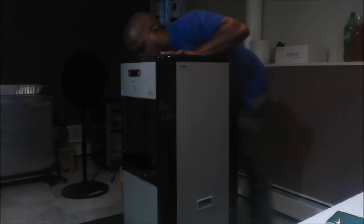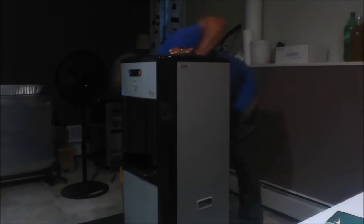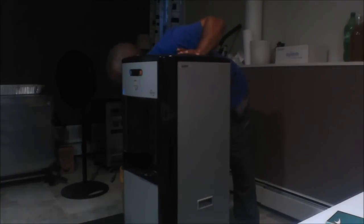This point of use water cooler is called a WaterLogic water cooler. It has a hot water feature and a cold water feature. It's also supplied with a UV lamp inside the water tank that prevents any algae buildup from standing water